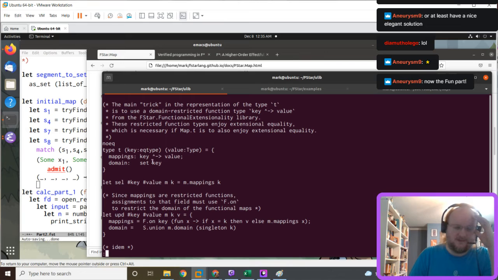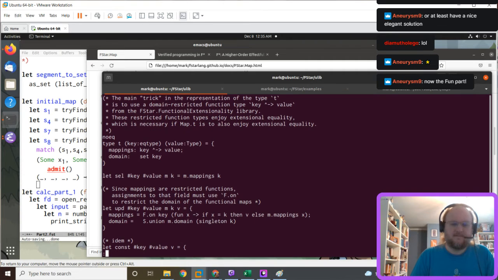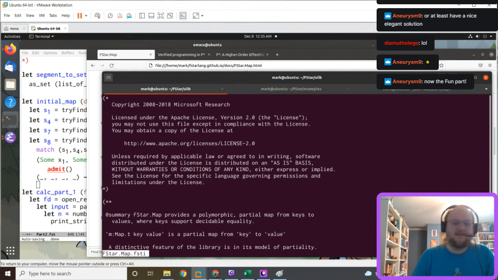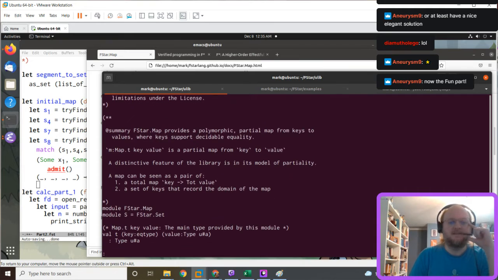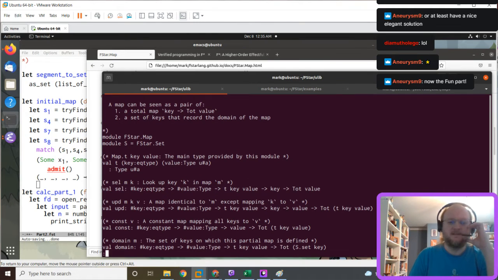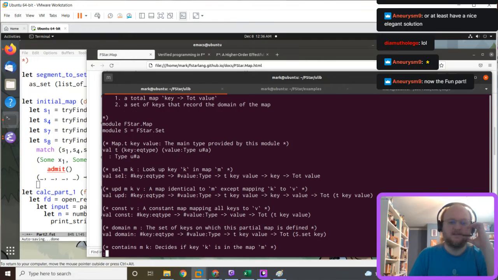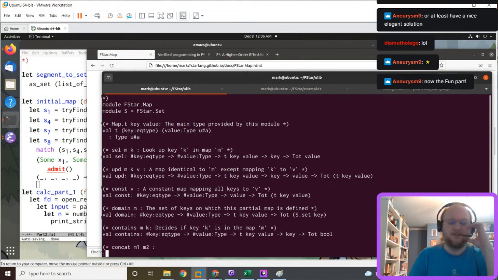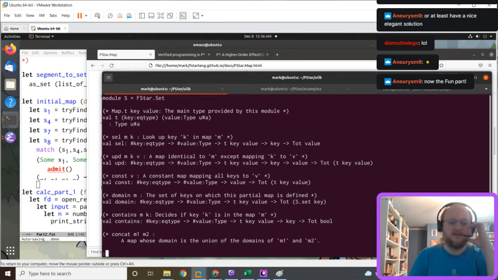So what keys actually exist? But that's not in the interface. So maybe this is a bad choice, but